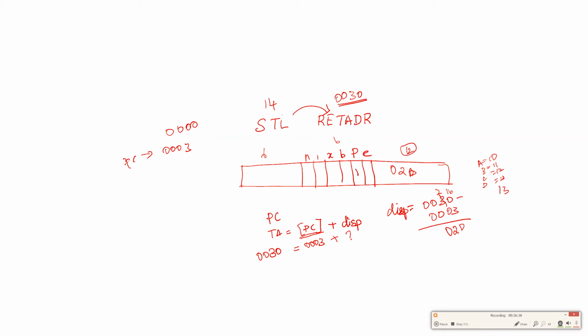We have not used base relative, so B is 0. This is not format 4, so E is equal to 0. If the instruction has an at symbol or hash symbol, at is indirect and hash is immediate. We don't have either, so it is neither indirect nor immediate, so N and I are 1 and 1. We don't have X as part of this instruction, so I am putting this as 0.